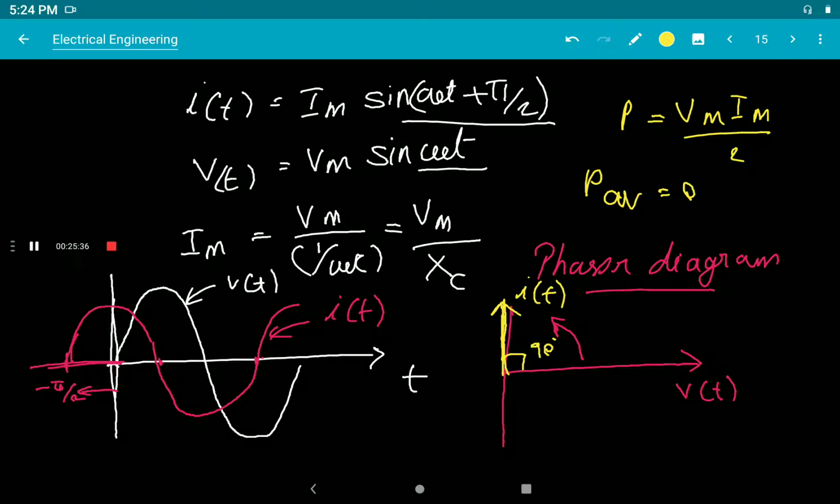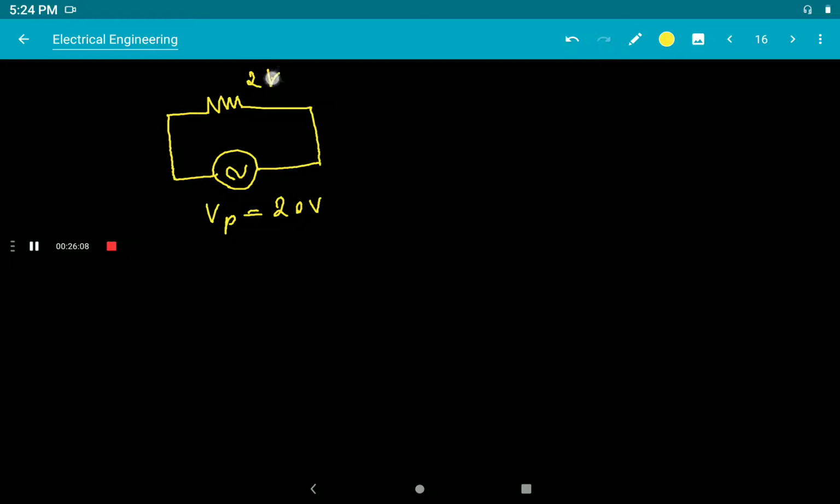Okay. Now consider some equations, and also you have to find out some values, some numerical problems. I will explain some numerical problems. First consider a pure resistive circuit. I will not write it as a question, just draw it. Some values will be given. In the question it is given that the peak value of voltage is equal to 20 volt and the resistance value is 2 kilo ohm, and you have to find out